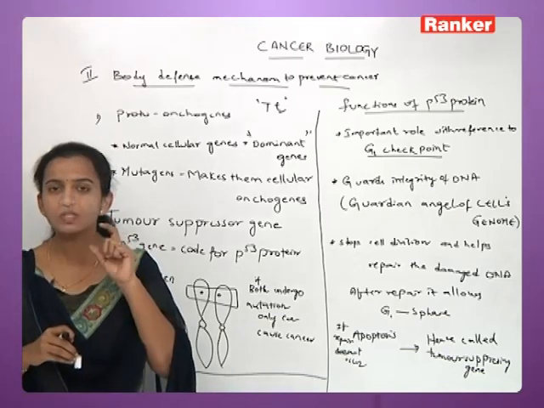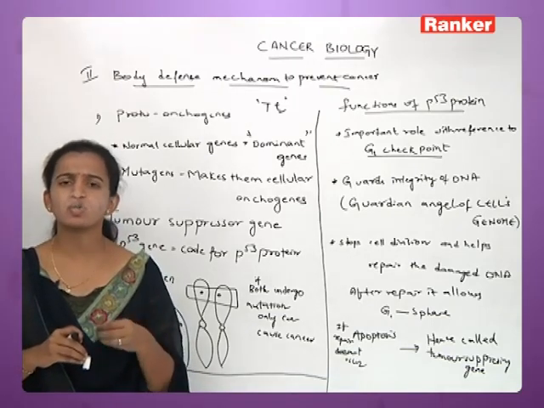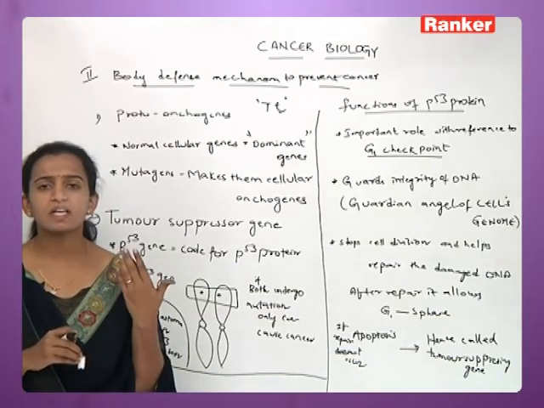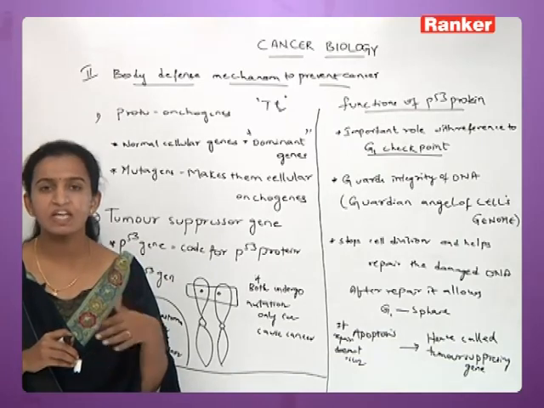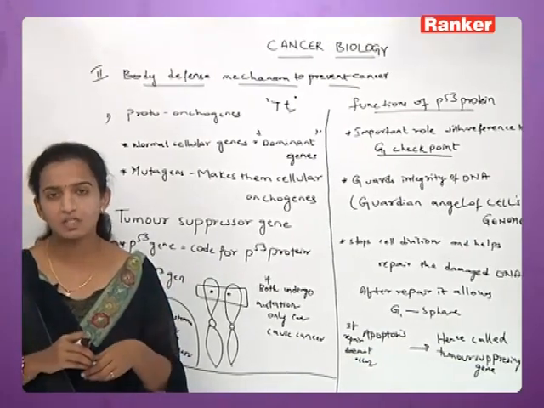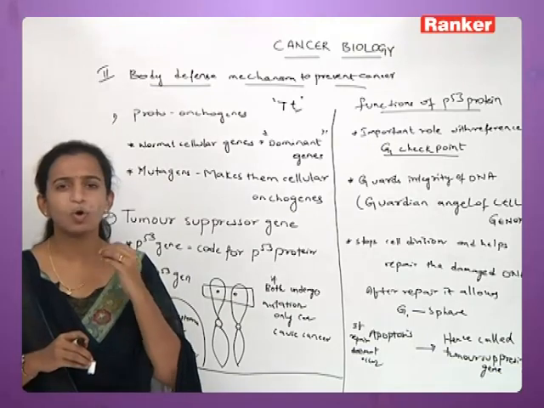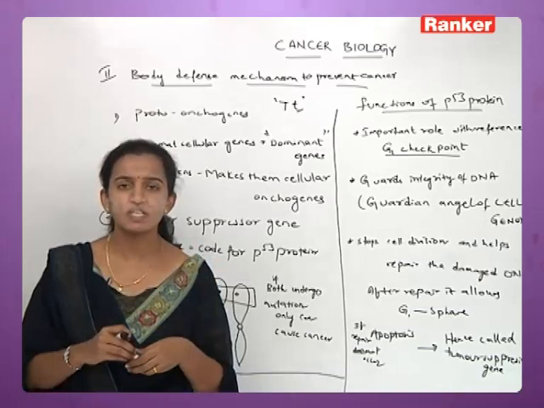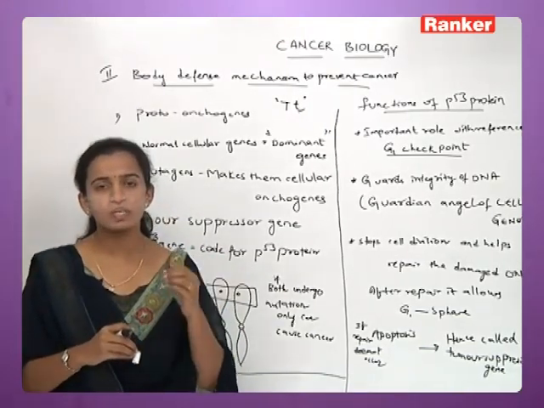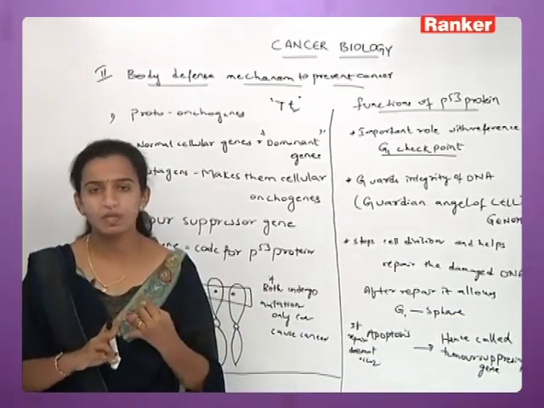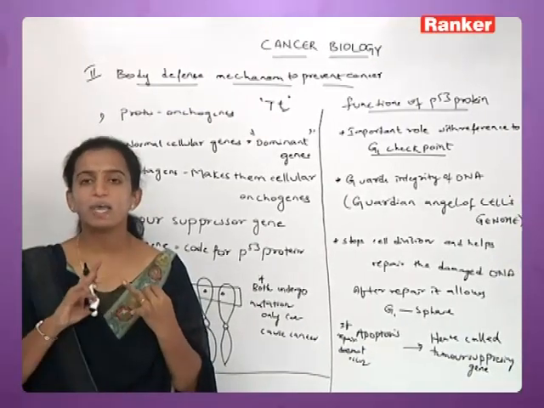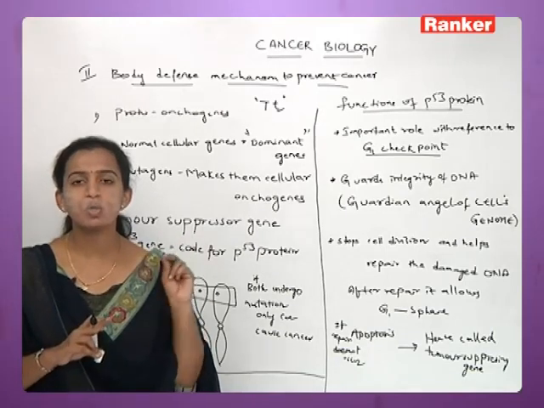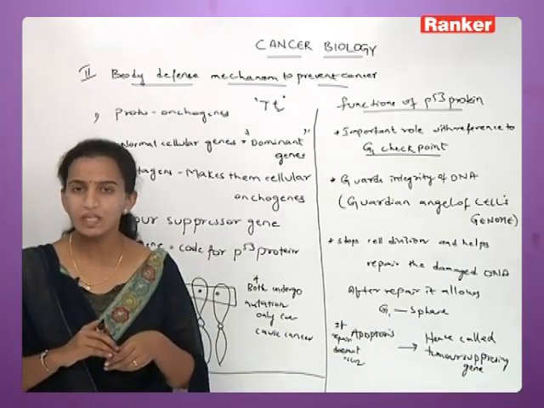So if at all there is some change or a minor mutation taking place in these proto-oncogenes, what happens is that they tremendously show their character, they enter into expression, and cancer is caused. The proto-oncogenes are present in all organisms, all living beings, but the coming for expression is different. Here the proto-oncogenes will come for expression in 2 ways: whenever they have a dominant gene, or when a mutation is taking place. So these are the 2 reasons when the proto-oncogenes will turn into a cancer gene.